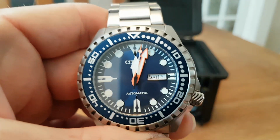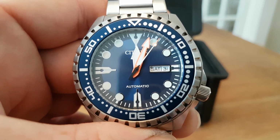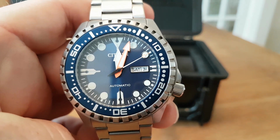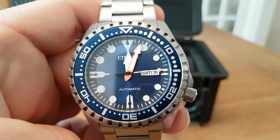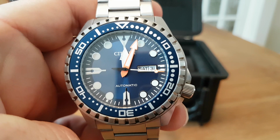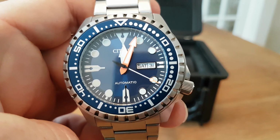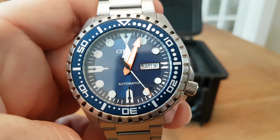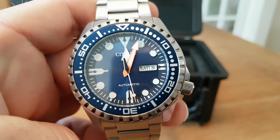The watch itself is fully automatic, so it's wound on the wrist. I've purchased myself a little watch winder box, so it sits in there rather nicely and stays wound up for me. As you can see, it has a sweeper hand, an orange minute hand, and a rather wide hour hand. You've got the day date. I shan't show you the luminous at the moment, maybe in a later review,